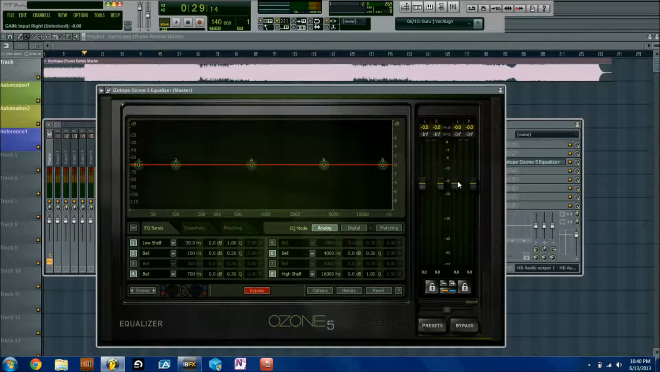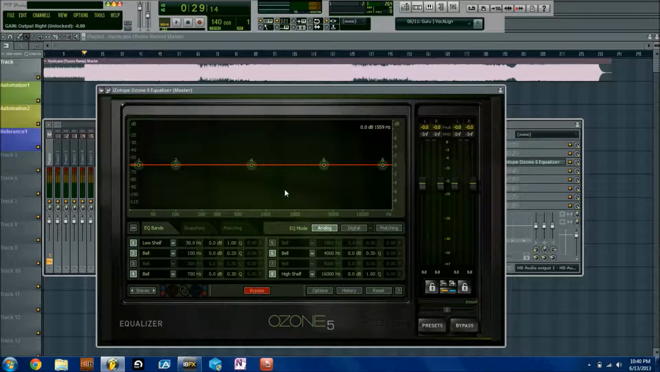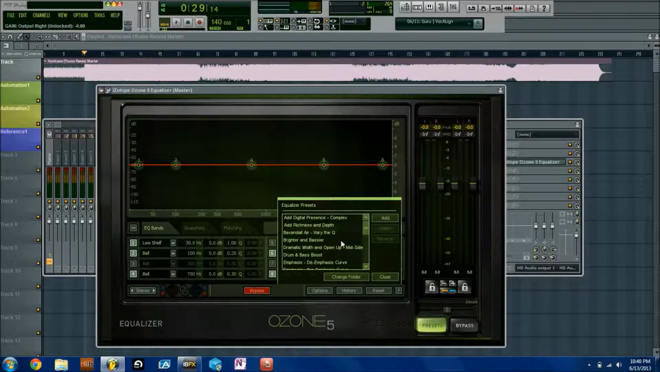Let's click that back. Here's your output gain control, very basic stuff. Obviously you've got your presets right here, but we don't want to worry about that too much. We want to learn more about the plugin. They do have some interesting presets though. Band Axle Air, Vary the Q. It's a pretty